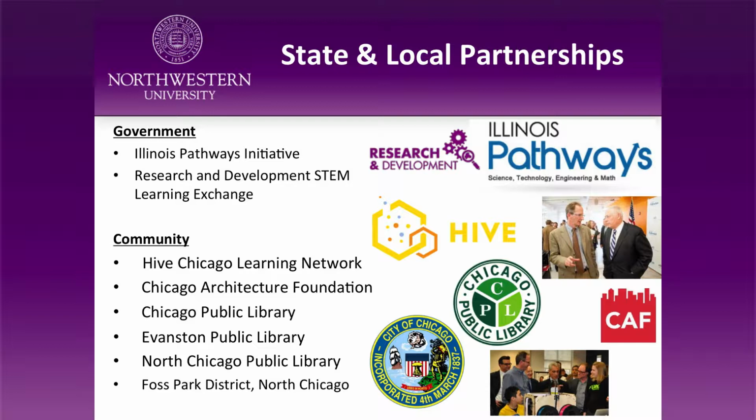In addition to school partnerships, we also work pretty hard to forge state and local partnerships with different state level initiatives. Some of these are Race to the Top funded things. And then other things are just civic institutions like the library system, park districts, other not-for-profits that might be interested in this area. And we just try to join forces when we can, or partner with them either formally on a grant or informally, just working together on stuff.